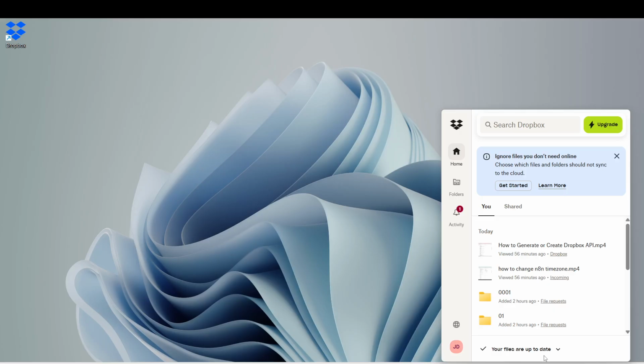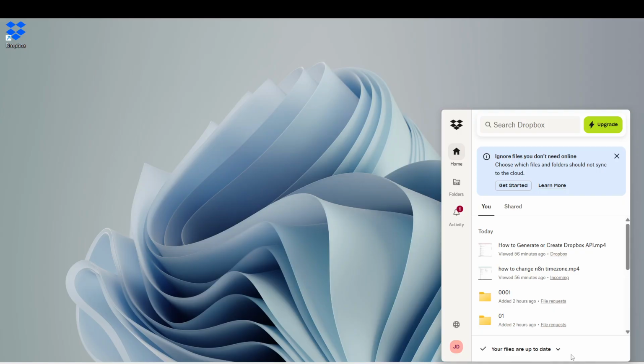After you have the mini dashboard open, look at the very bottom bar of that window. Here you will find explicit sync indicators that will inform you about the status of your Dropbox files. The indicators provide real-time feedback about what the application is doing. This information is vital as it tells you whether your files are syncing correctly, up to date, or if there are any issues that need your attention.